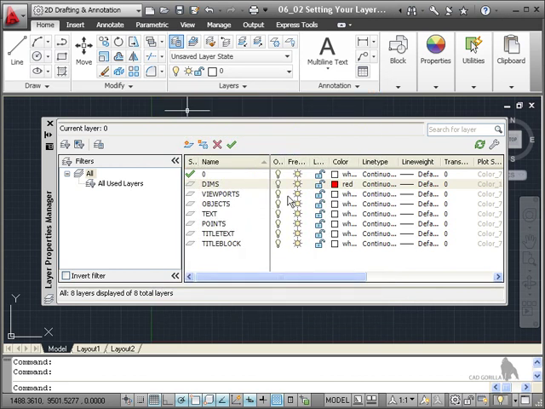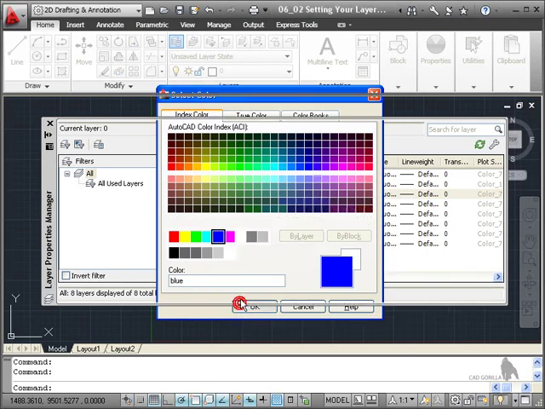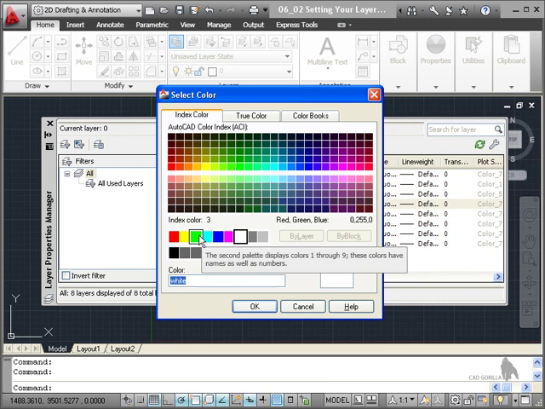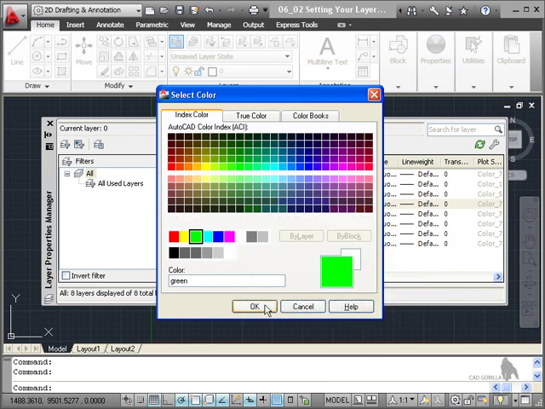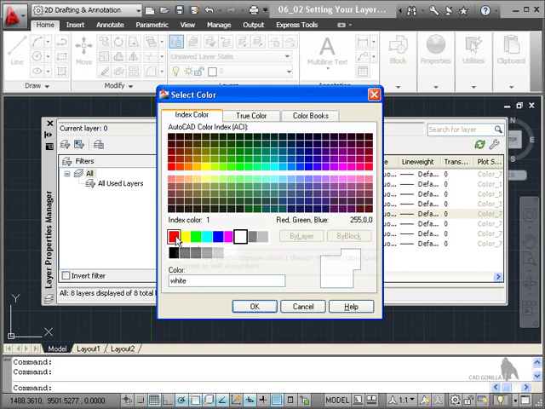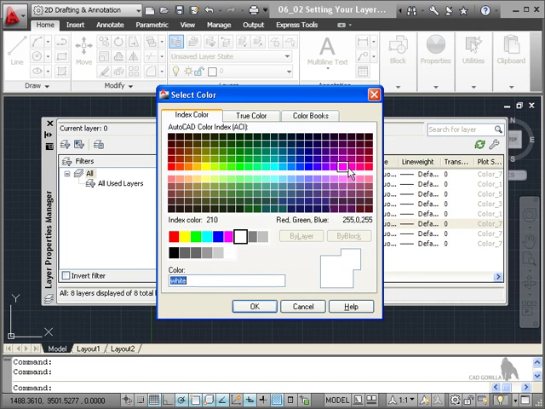Now you'll notice there's viewports there, click on the color white again. My viewports are normally a dark color, blue, on the white background in the layout tabs, and I'll OK that. Objects, I'm going to go for a green color there. You can use any color you wish, but green is normally a good color on the dark background in the model tab. And text, I always tie that up with my dimensions, so I make that red as well, so it's all consistent on a drawing. Points, well, we're going to use those primarily in the layout tab, so there needs to be a nice bright color. I'm going to go for a pink that stands out on both a white and a black background,